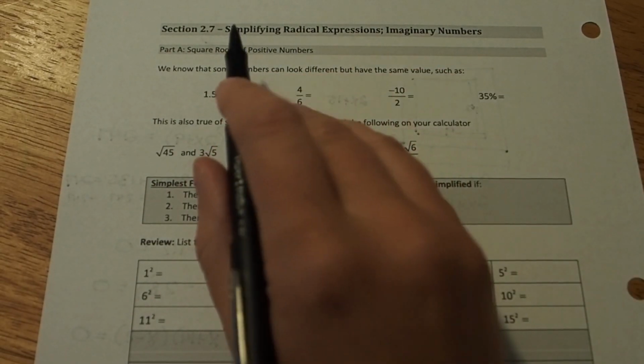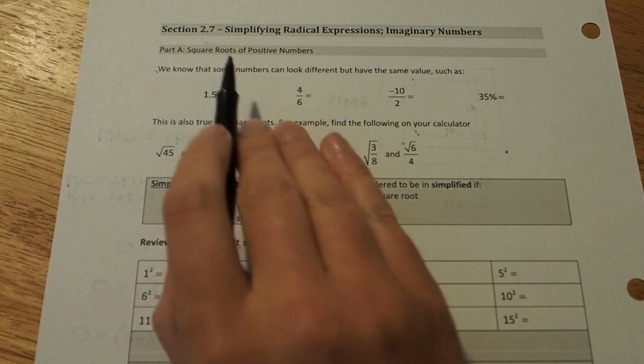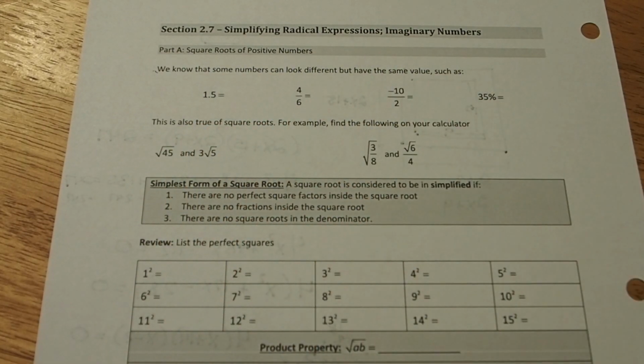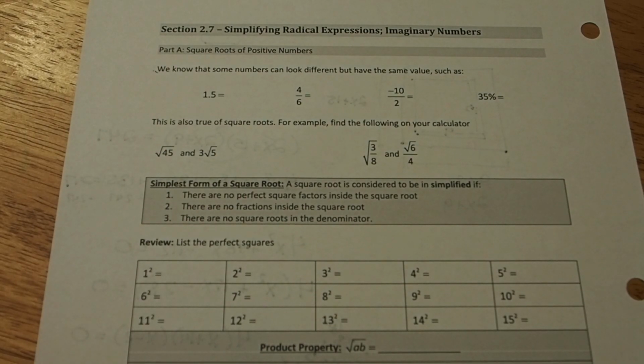This is section 2.7, part A. We're simplifying radical expressions and imaginary numbers, specifically in part A, square roots of positive numbers. So the first little note here is that we know some numbers can look different but have the same value,